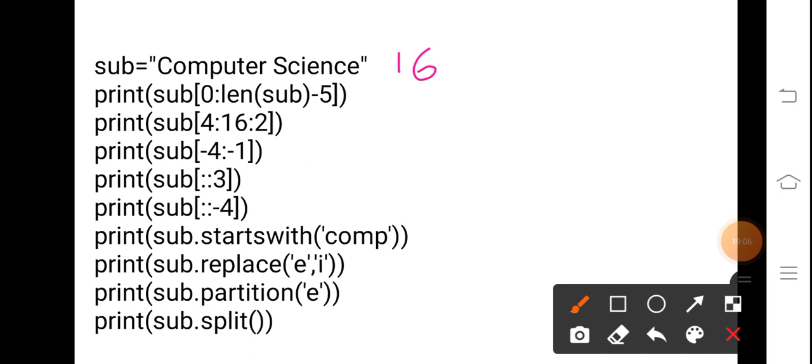That means the data which will be printed here will be from index 0 to index 10. So the answer will be up to C, because it is the 10th index, starting from this place to this place.